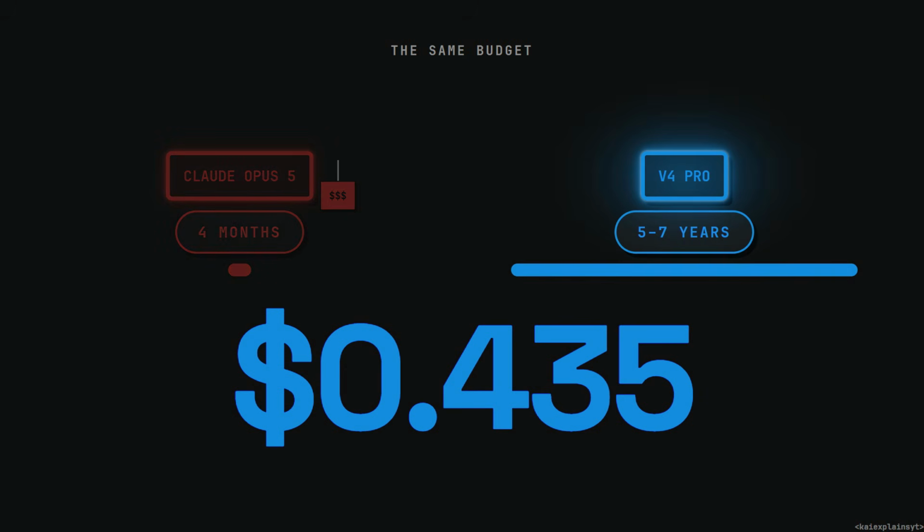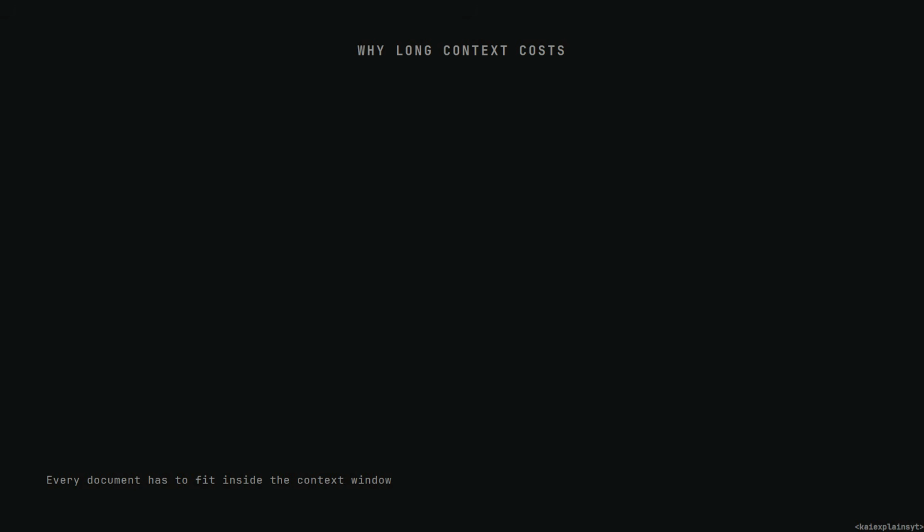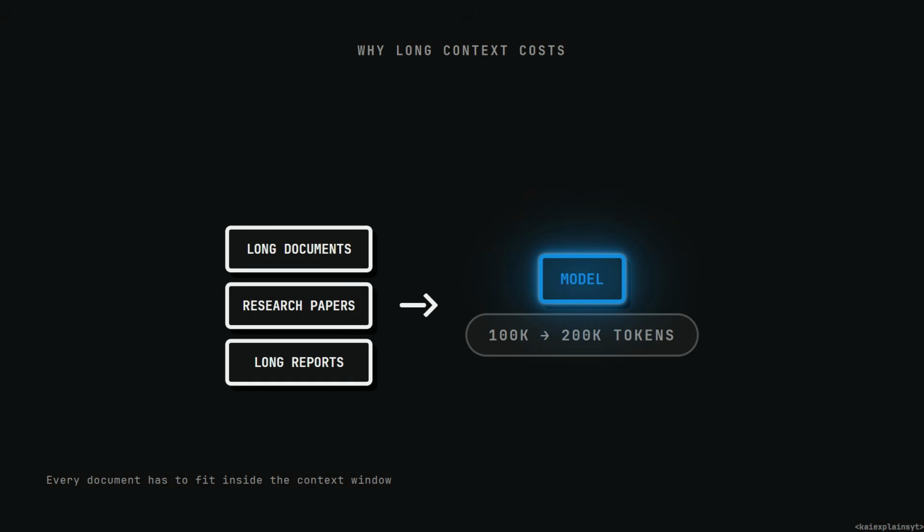I've been in enough conversations about AI infrastructure costs to know there are only 2 explanations for a number like that. Either someone is burning enormous amounts of money to buy market share, which is the cynical read, or they changed something in the architecture and their cost structure is different now. Here, it's the architecture. To see why that's hard, you need to know why long context inference has always been